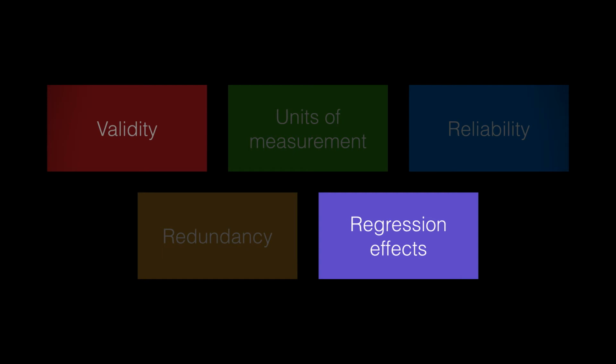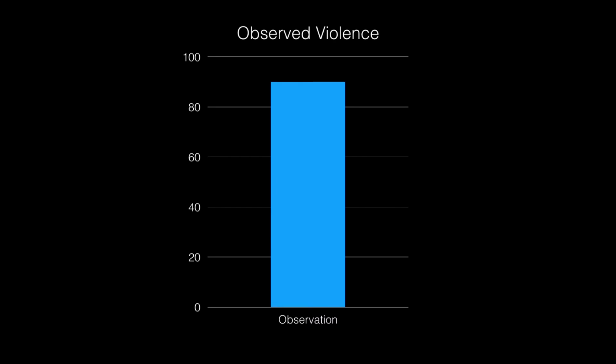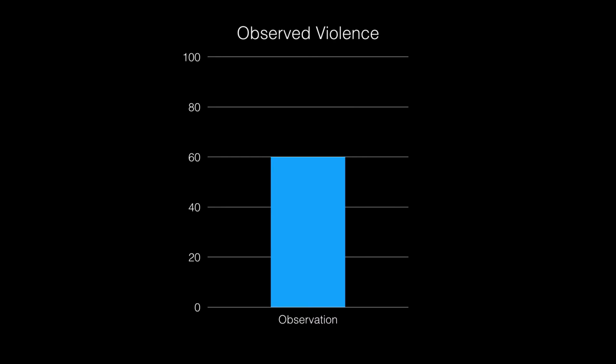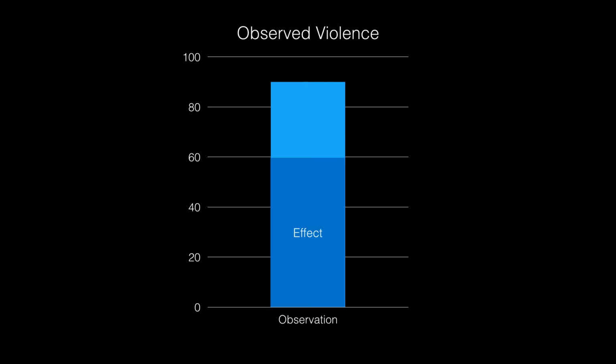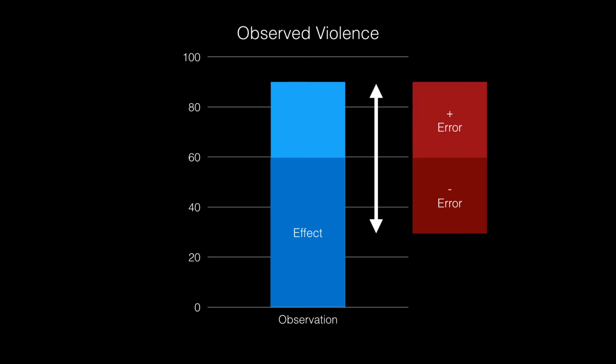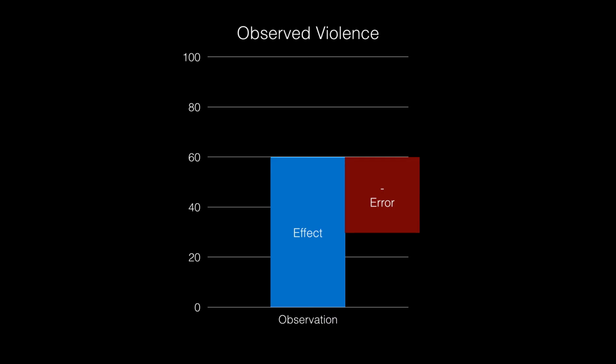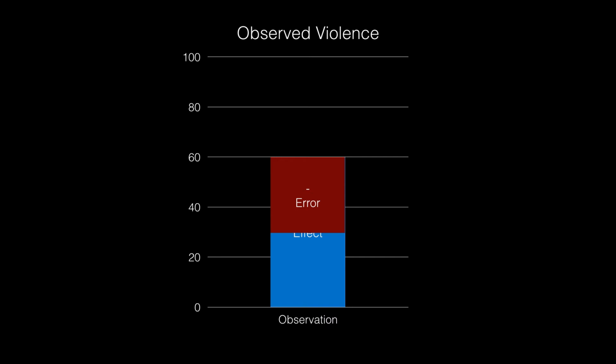According to Goldberg, a final reason for the improved accuracy of statistical predictions is the presence of regression effects. Extreme observations should generally be followed by less extreme observations. Part of what makes an observation extreme is due to an underlying effect, but also partly due to error. And error can be positive or negative, and so extreme scores partly represent a possible effect plus error that just so happens to have been observed in the same direction as the effect. Given that error is often random, it's likely that the next time we make an observation, the error will not be in the same direction.